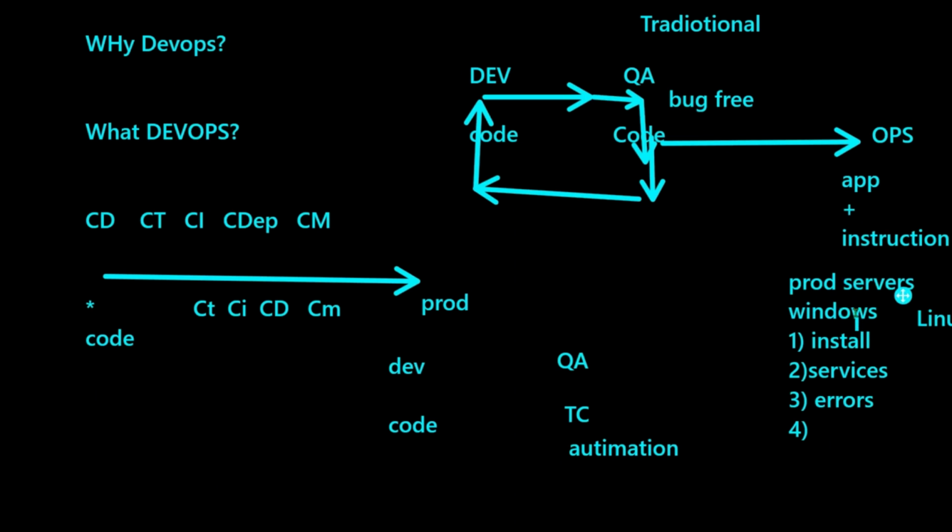It means it takes a lot of time for the application to reach the end users, and there is a lot of delay here, right? A lot of delay for the application to reach the end users. This is the traditional approach, right? So now how can the pace of this process be accelerated? How can we accelerate the pace of this process? That's where again DevOps comes in. How can DevOps help solve this problem?